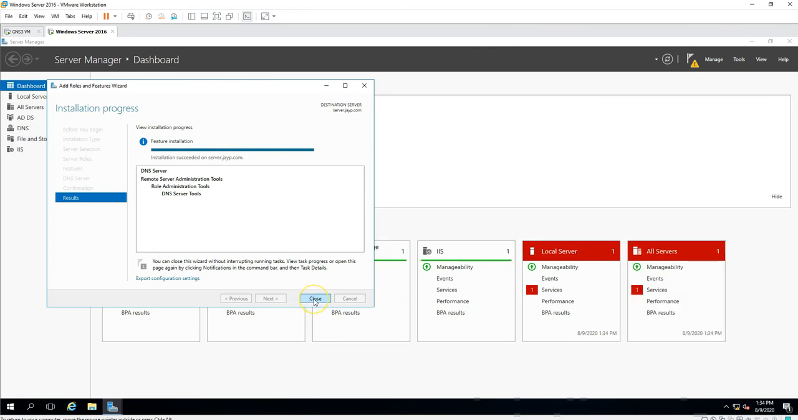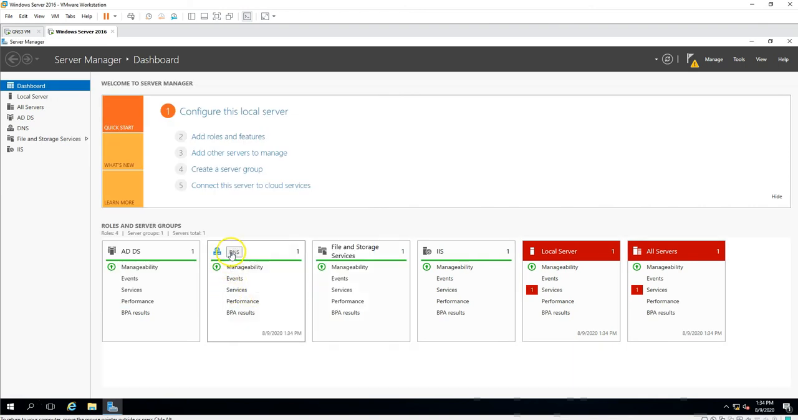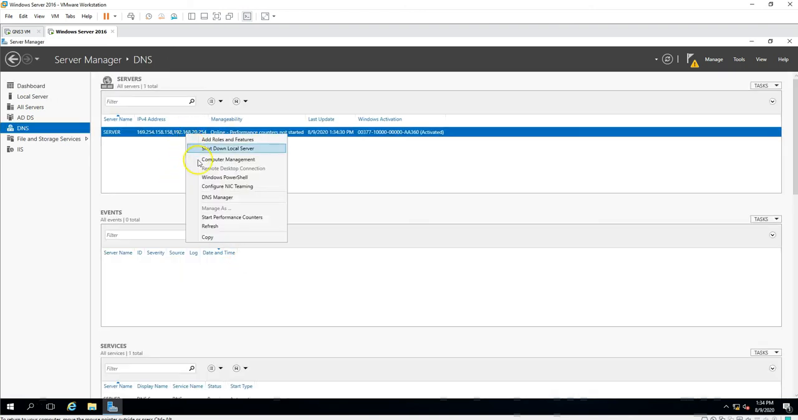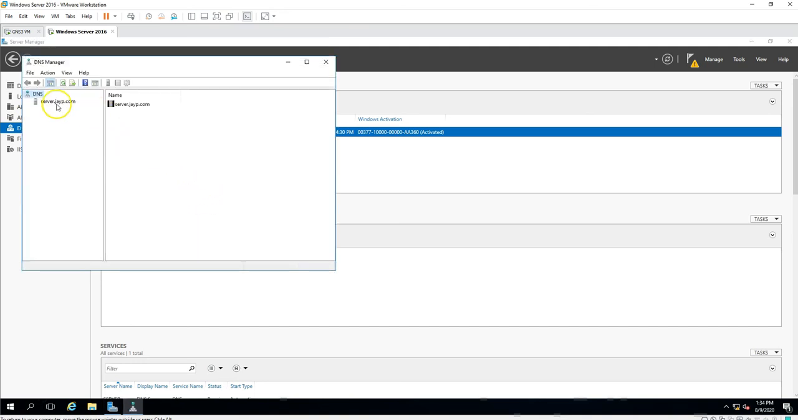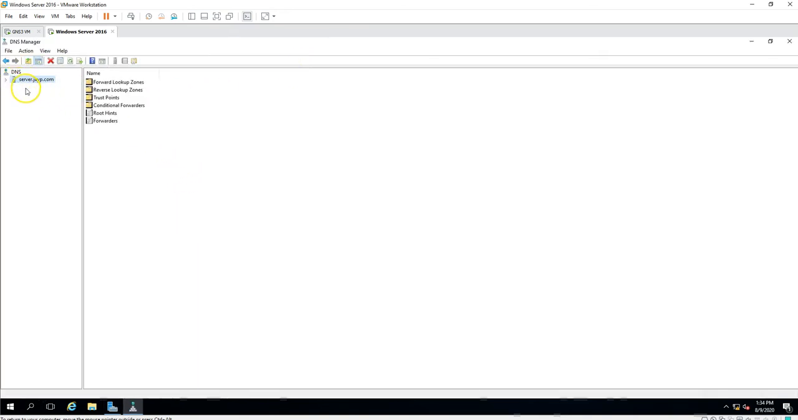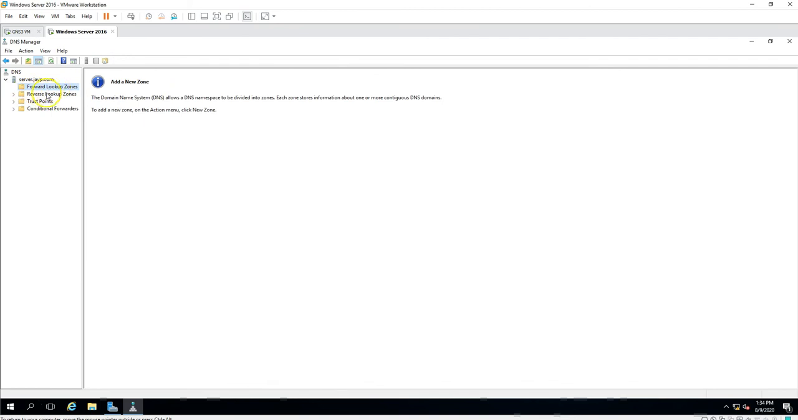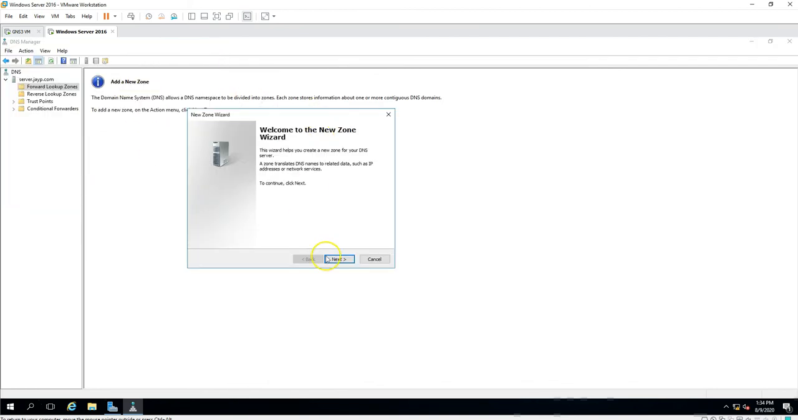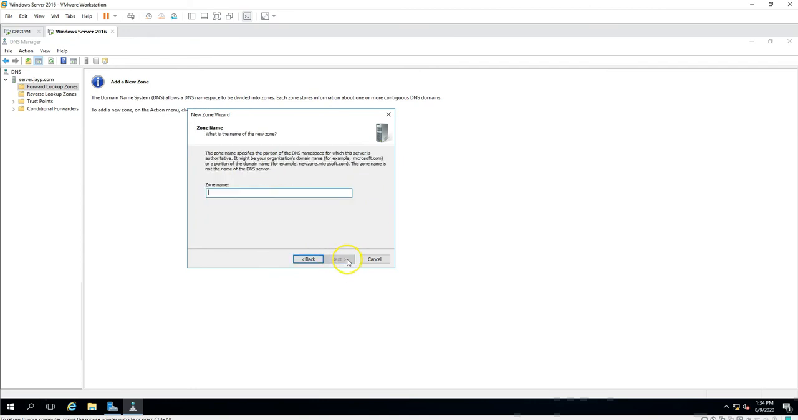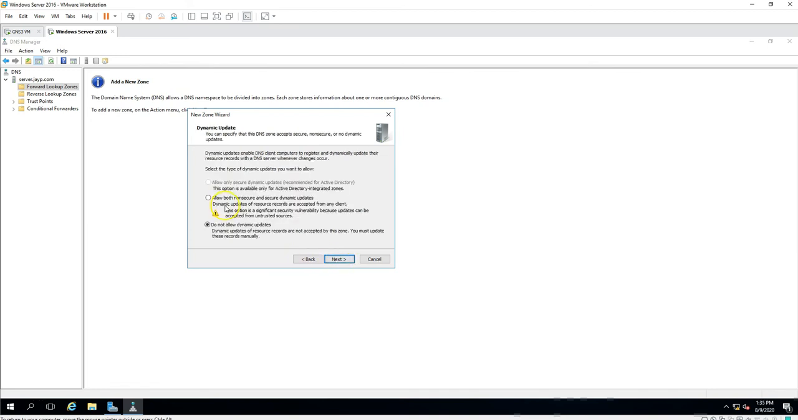Okay, so the installation was complete. We click close. Then we'll go to DNS Manager, server, forward and reverse lookup zones. There's nothing, so we have to add a new zone. Next, primary, yes. The zone name is going to be jp.com. Allow,